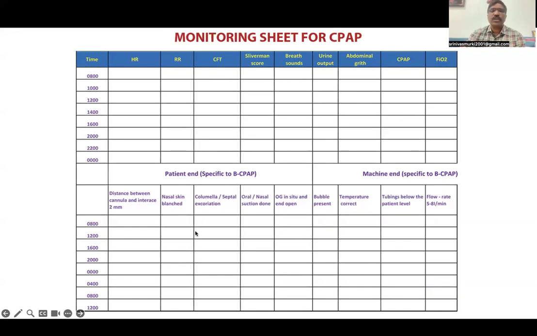Then you also need to have interface monitoring. There should be a gap between the columella and the interface. You should look at the nasal skin, whether it's getting blanched, you should look at the columella, that it is not getting snubbed, and you should ensure that the interface tubing is not dragging the nose. And you look at the machine, whether bubbles are seen or not, whether the water level in the bubble chamber is adequate or not, whether the water in the humidifier chamber is good or not, and whether